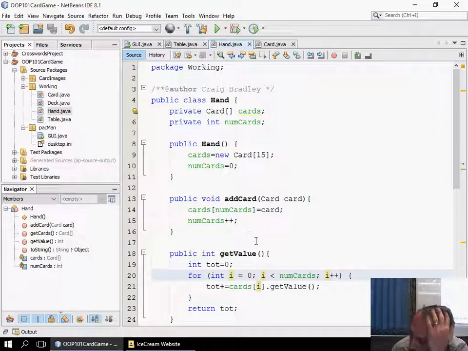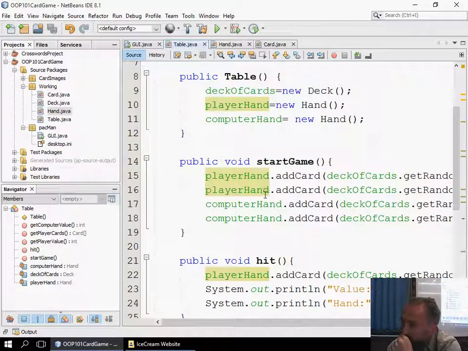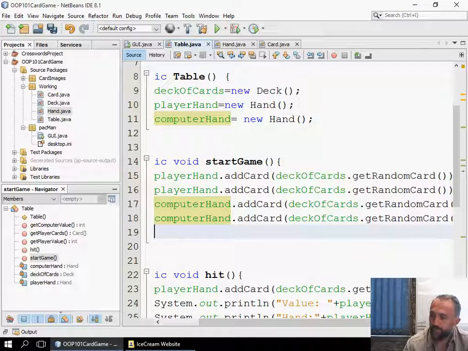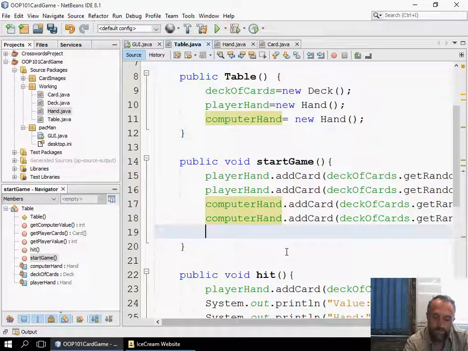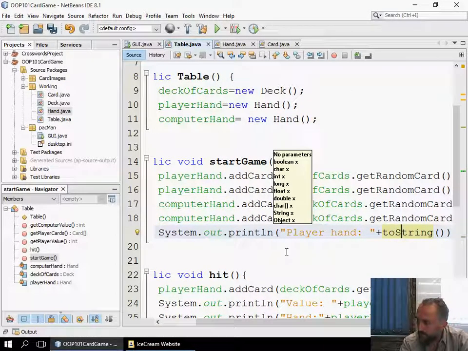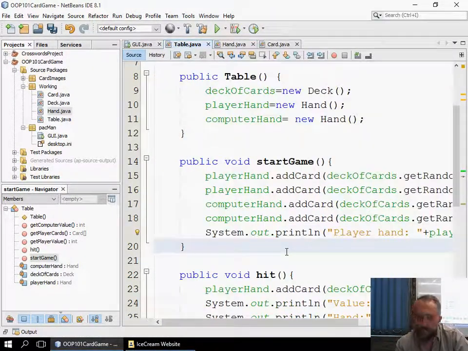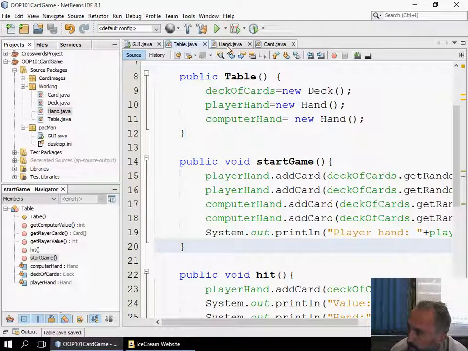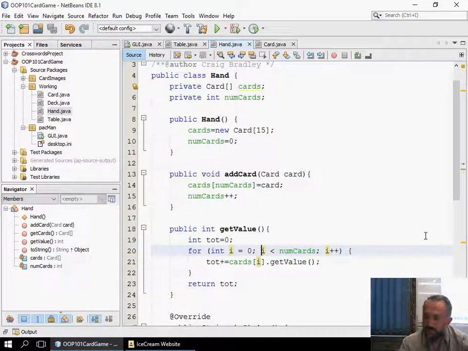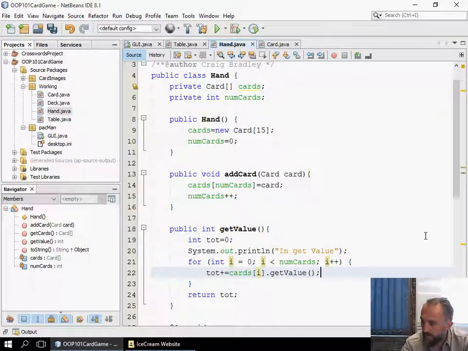Now, as I said to you, one of the easiest ways to work with this is to print out. So what I'm going to do is, in my table, after I start my game, I created a playerHand.toString, so I'm going to print playerHand, because we're not working with a computer hand at the moment, plus toString, equal to playerHand.toString. Okay, so we shall see what the player hand says it is, and then I'm going to go to where the actual error is occurring, which is in getValue, and I'm just going to say I'm here, start in getValue, and then here I'm going to